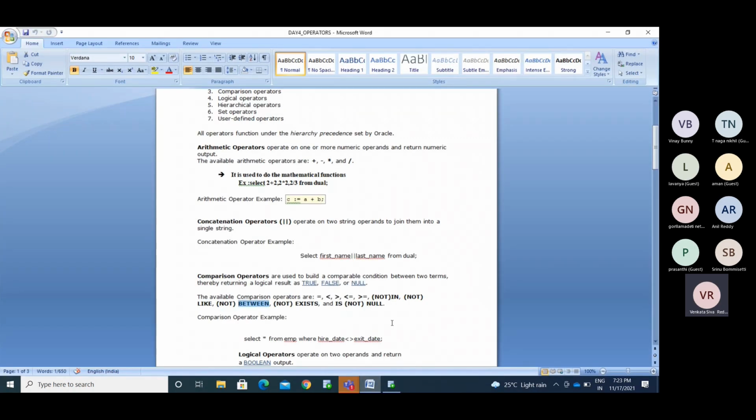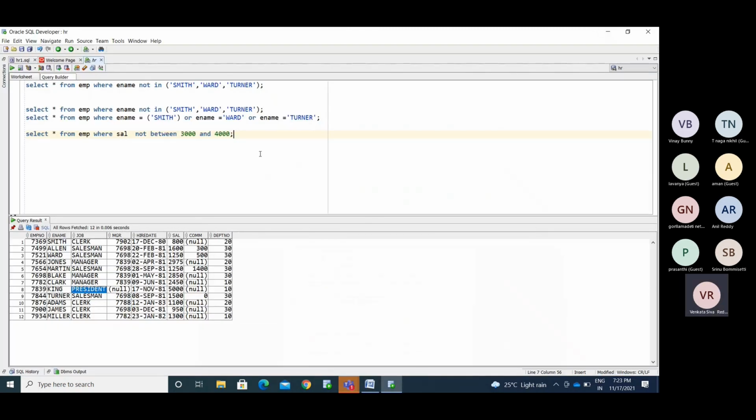And what else we have: EXISTS and NOT EXISTS. If I want to deal with EXISTS, the EXISTS operator and the IN operator both do similar functionality.